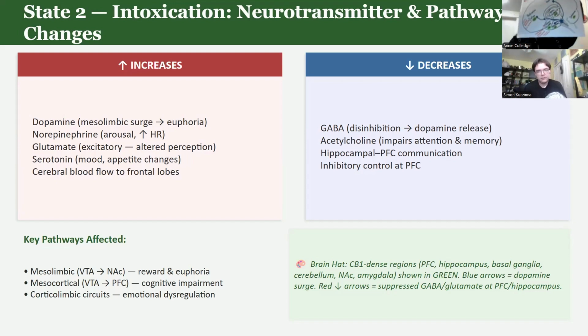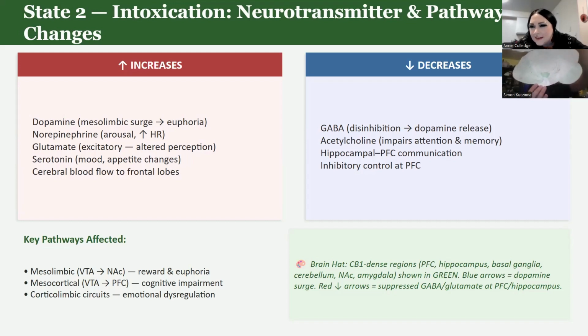Do you want to add anything, Simon? Yeah, and this is just like when you're looking at the brain from this side, this is how it's going to look. And then on the outside in that prefrontal cortex, that's where the GABA is going to be, just so you have a visual of what that's looking like. It's kind of hard to see. It's in green, and then we have the arrows in there as well. And then, what Annie was saying, on the inside all around, the GABA's going down, and the glutamate and things. But yes. Oh, it's so cool. I love that.